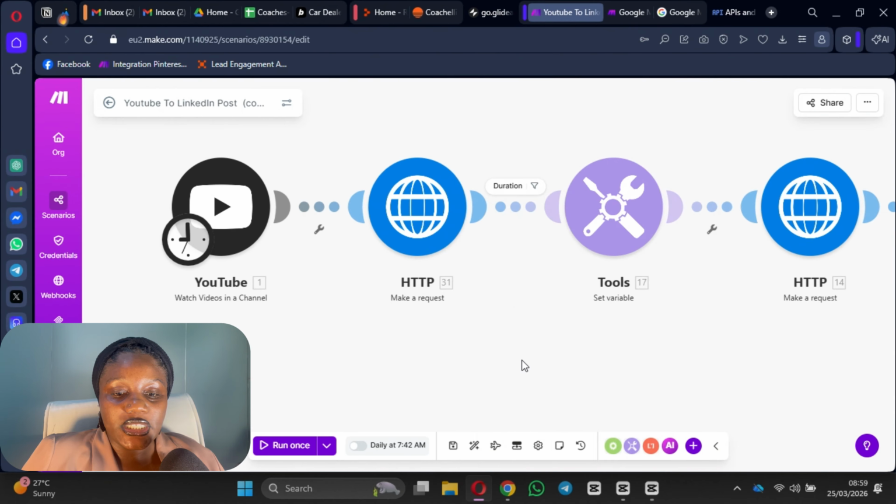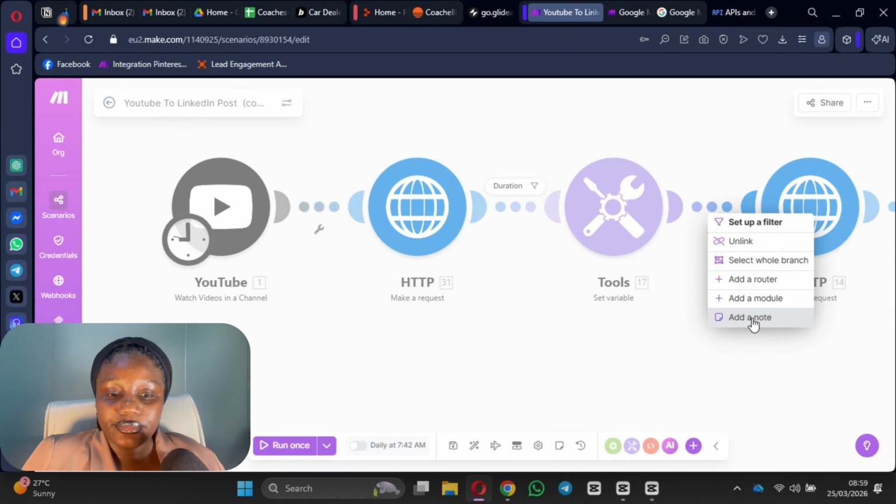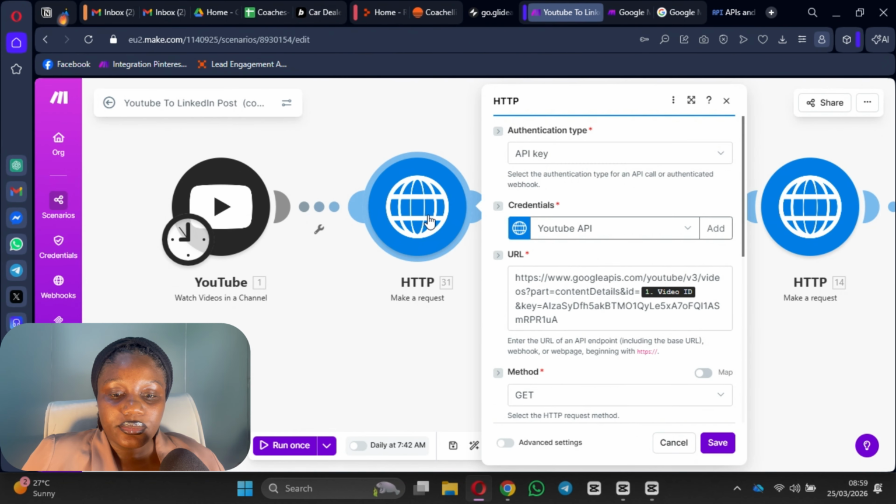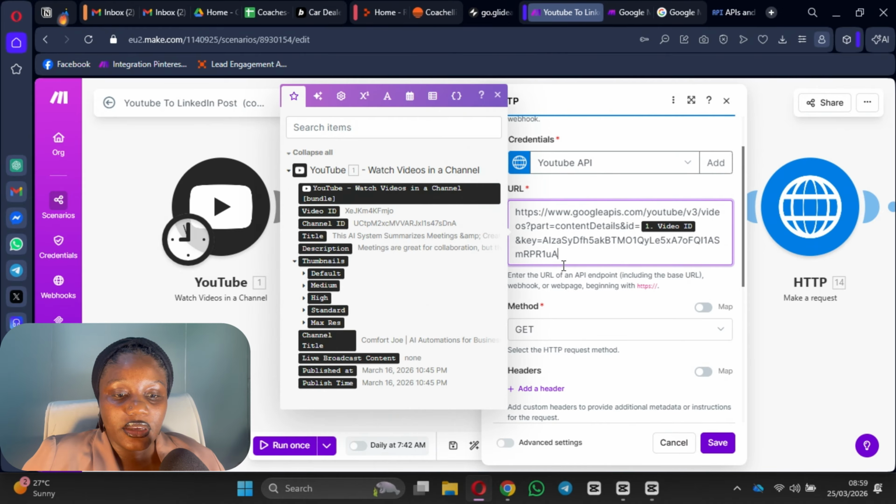So you leave everything as it is, and that one runs. What you want to set here is a filter. So once you run this, you're going to get everything from the duration. Okay, let me even unhook this from here. Let me run only this module. Let's see what I can get here. I want to get a video ID. Yeah, so let me get that video ID that is shown here.